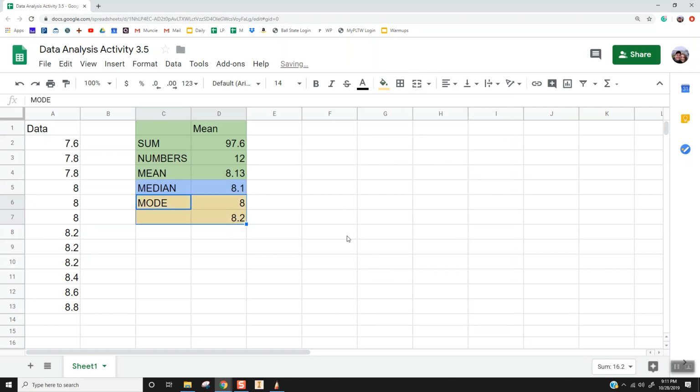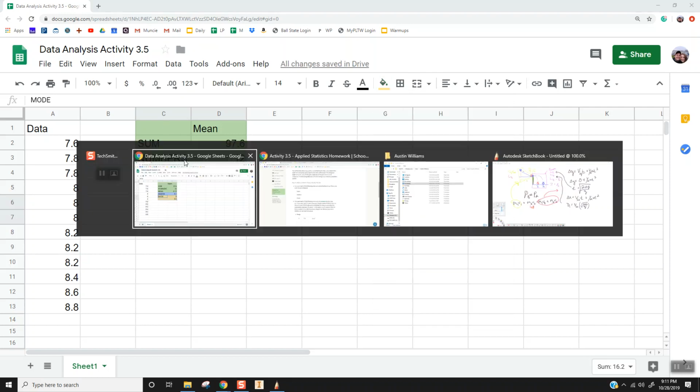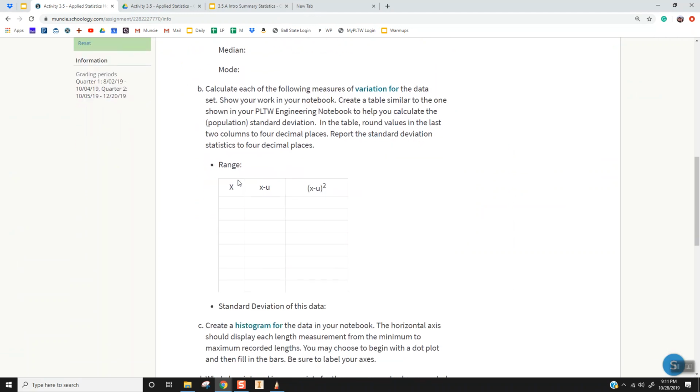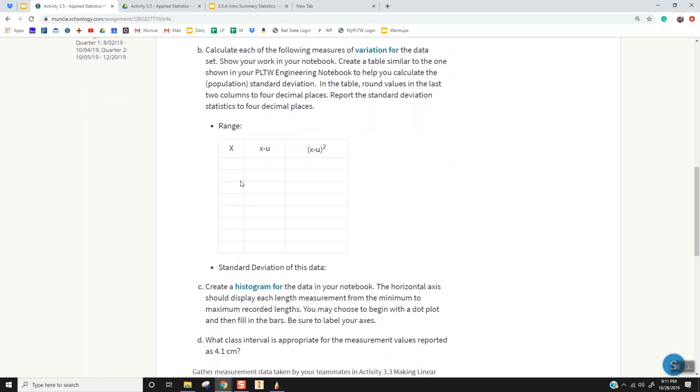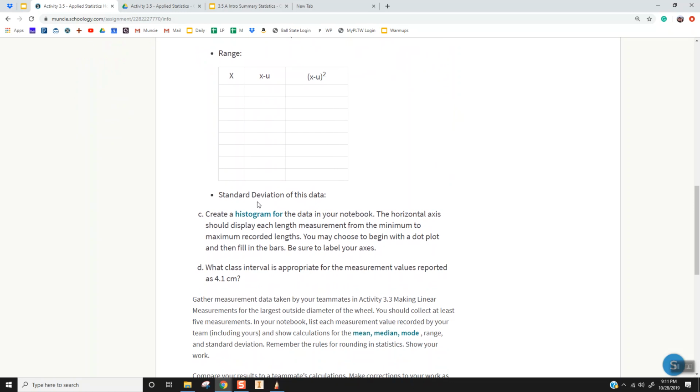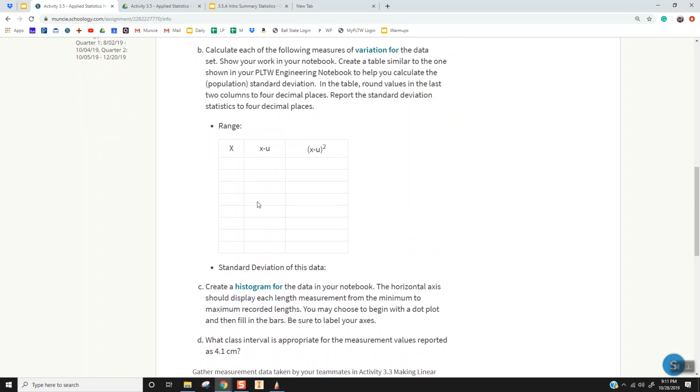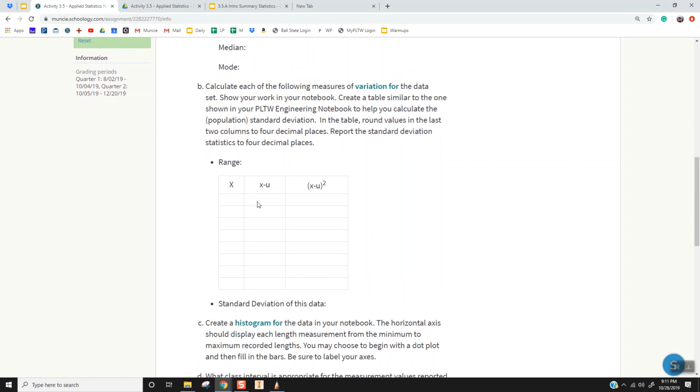Next thing I'm going to do is we're going to look at how to get ready for standard deviation. Once you do the standard deviation of this data, part B, I'm going to show you how to use Desmos. That way you can be able to do this on your own a little bit easier, and using Desmos, which is a program, hopefully it'll be smoother. What I'm going to do is go ahead and create these 3 columns in